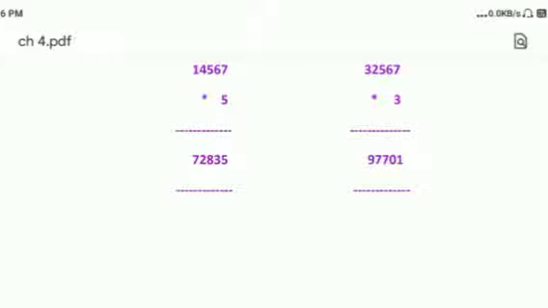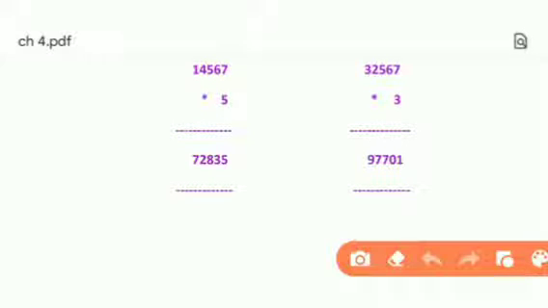The digits are bigger than usual, but this is not tough, as you have solved many questions before in class. So the second question you can see: 32,567 is given, and in the second place 3 is given. So we will start multiplying. 7 times 3 is 21. We are writing 1 here, and we will write 2 here as a carry. Now 3 times 6 is 18. 2 carry is given here, so the answer is 20.